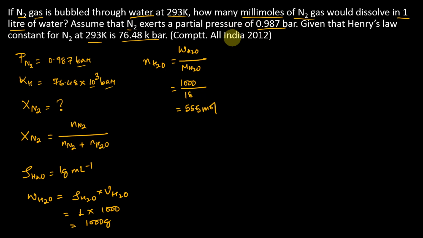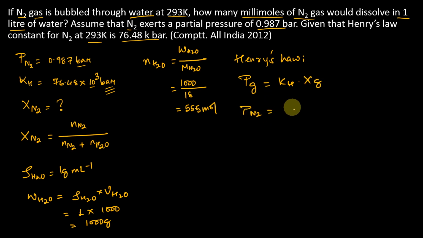चलो अभी निकालना है हम लोग को how many millimoles of nitrogen gas would be dissolved. Okay, so let us find. तो value of KH में जो unit है that is only in terms of pressure. So we'll apply Henry's law. Applying Henry's law. Henry's law कौन सा वाला formula apply करोगे? You will apply Pg is equal to KH into X of G. What is the G over here? It is nitrogen gas. KH into mole fraction of nitrogen gas.